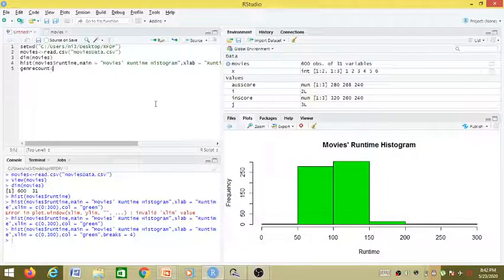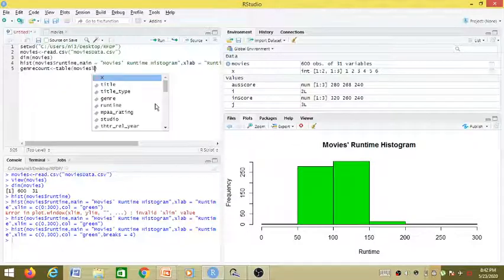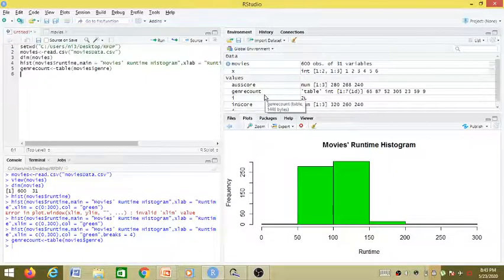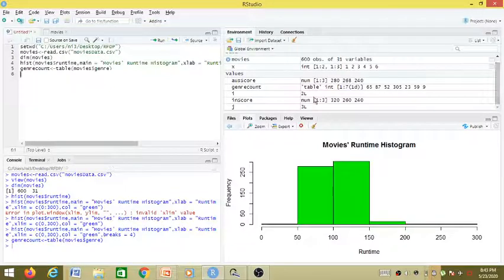Genre count, and we are calling the table function, and to it we are passing movies genre. When we run this, we can see the table has been created. This one, genre count.